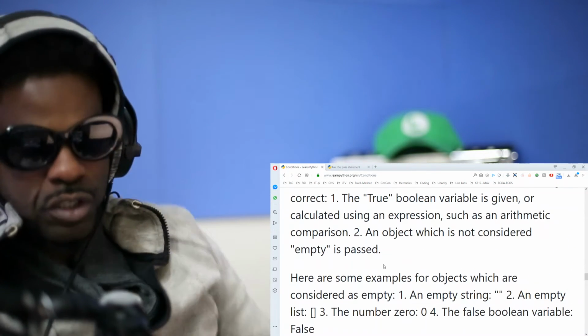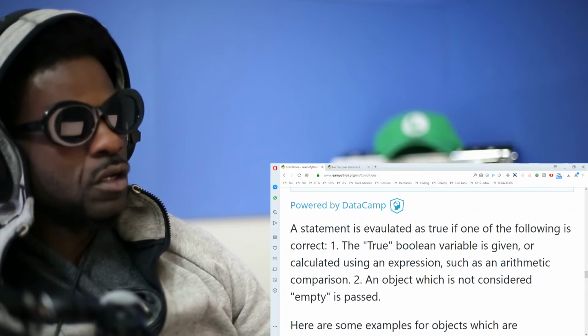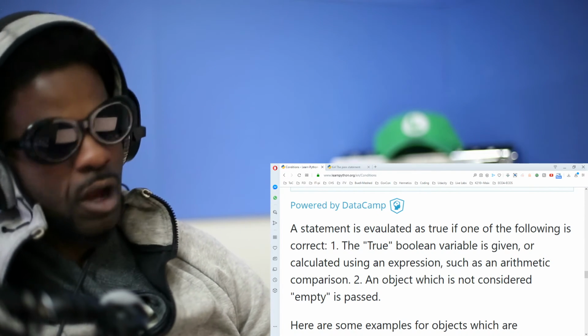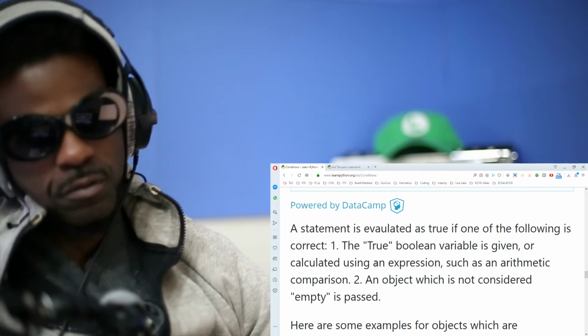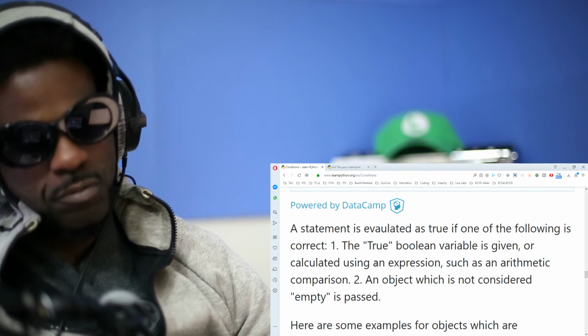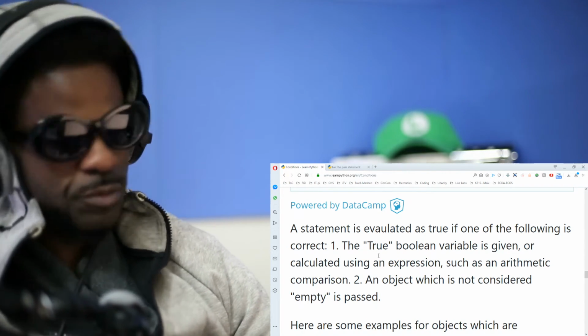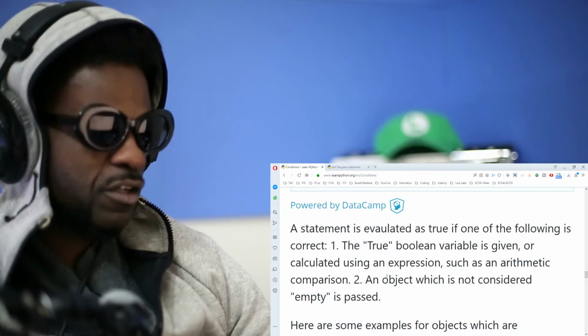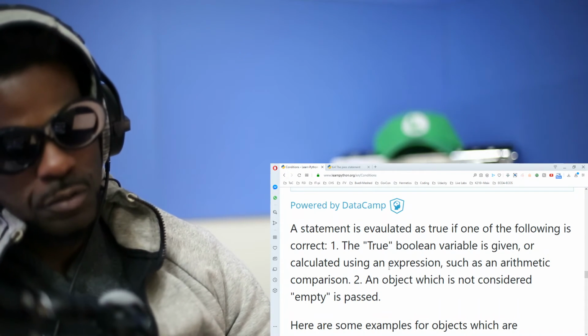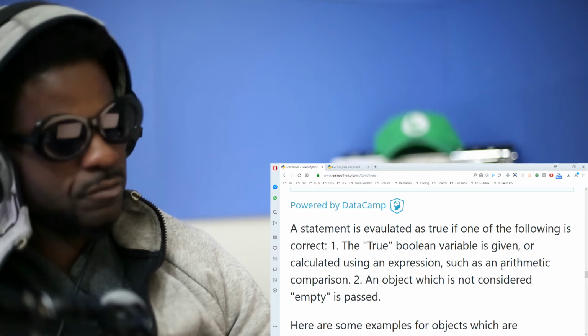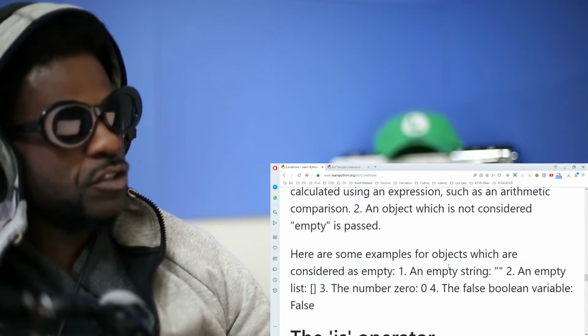Okay, so for Boolean, it obviously evaluates as true only if the variable equals true. It can't be false. So I had that wrong. The variable has to be true for it to be true. Obviously, I wasn't even thinking when I said that. So yeah, I'll take an L on that. But anyways,